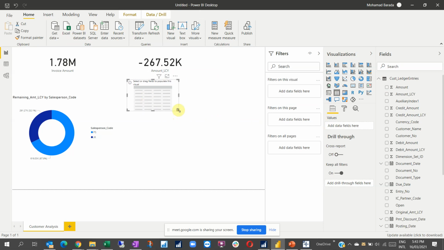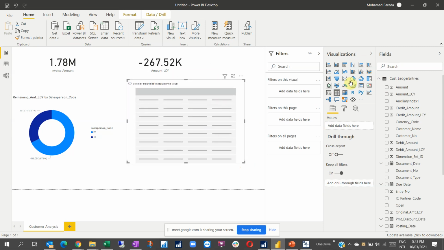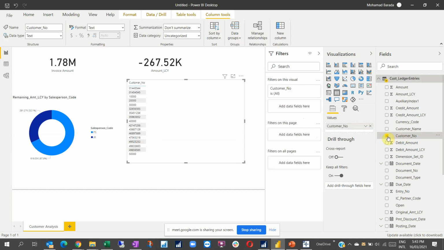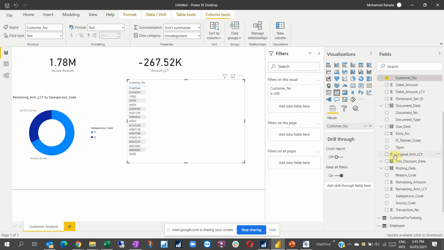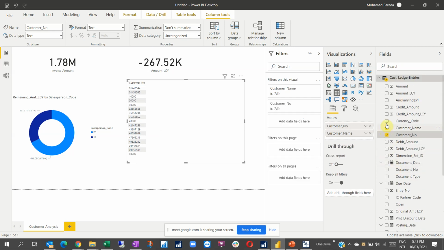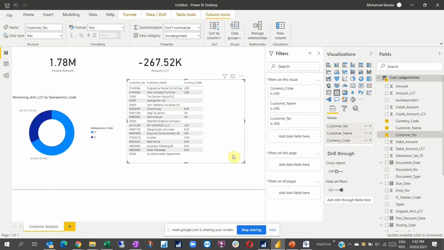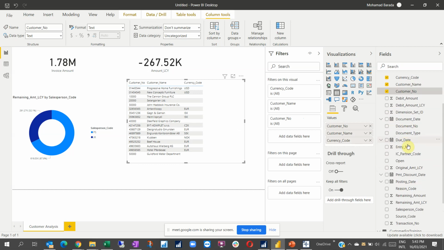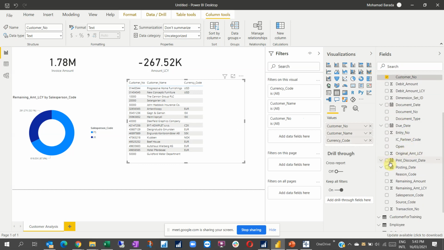Usually it will add the objects or the visuals in the first empty part. Okay, I can add customer number and customer name, currency code,